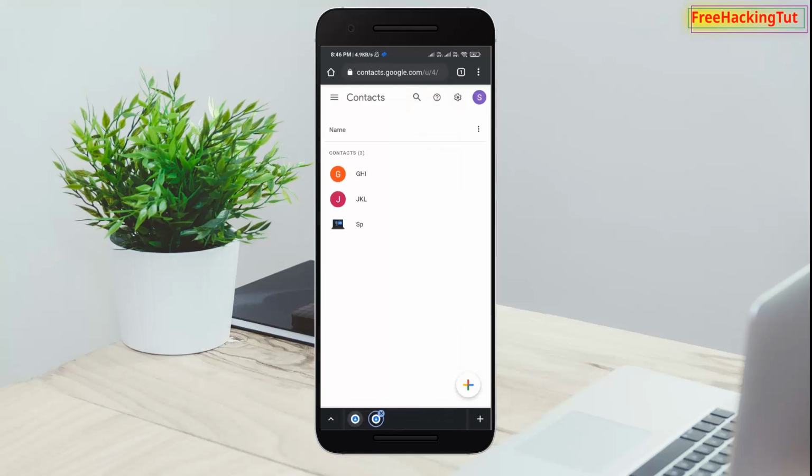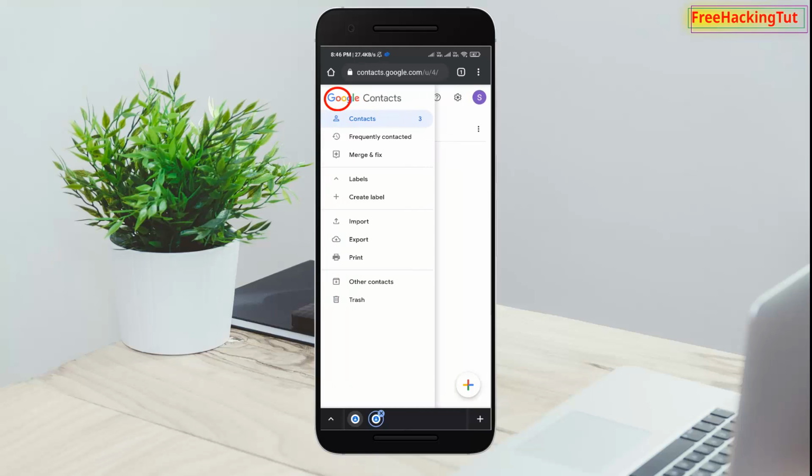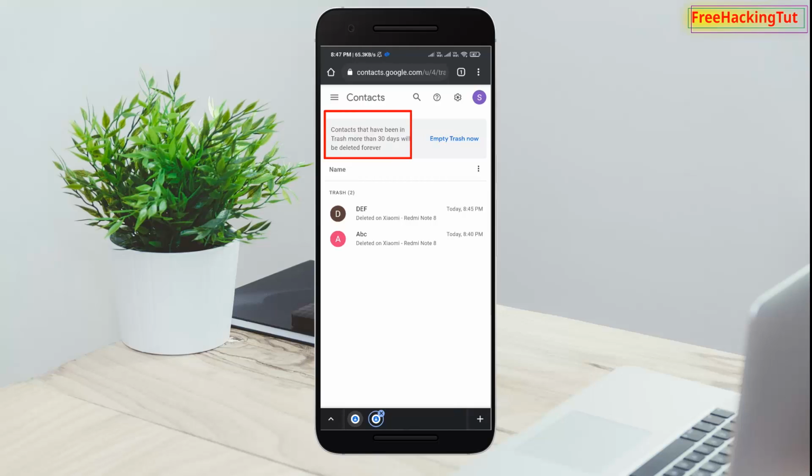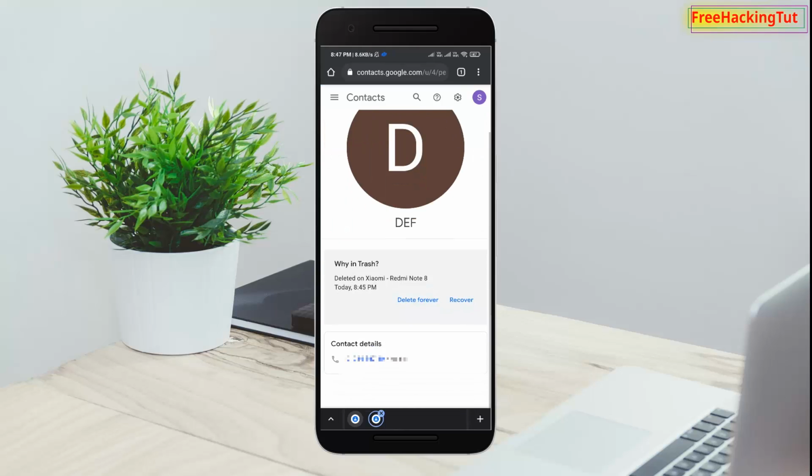Now here you will see contacts. So now to recover or get back your deleted contacts, tap on these three lines, and here you'll see trash. So just tap on it. Now you'll see all of your deleted contacts. Now to restore these deleted contacts to your contact book, just tap on it, and you'll see the recover option. So just tap on it,